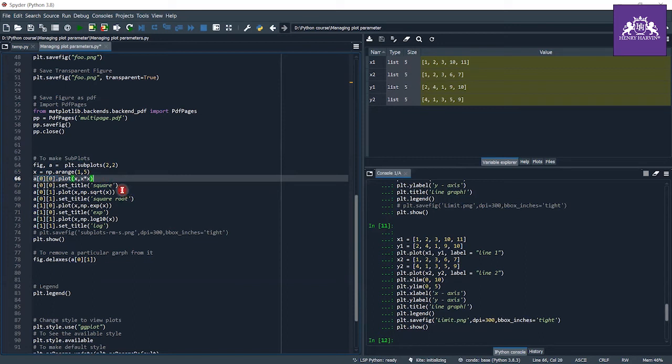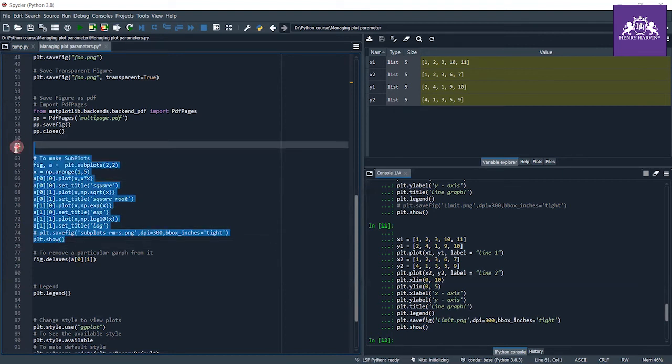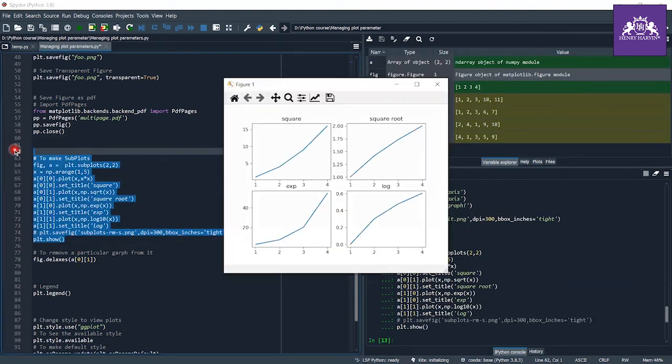At zeroth row first column I want square root, at first row zeroth column I want the exponential, and at first row first column I want the log graph. When I execute all of this at a single time, my subplot gets executed, and as you can see, I can see my four graphs in a single visualization.